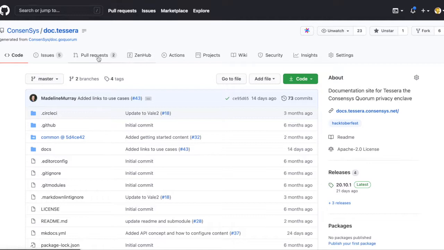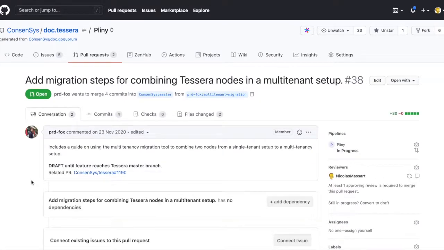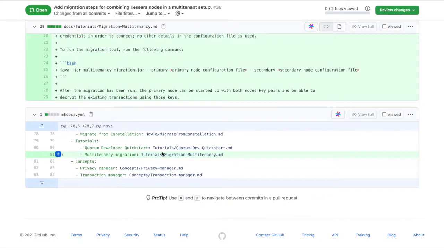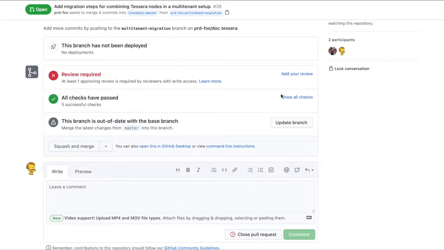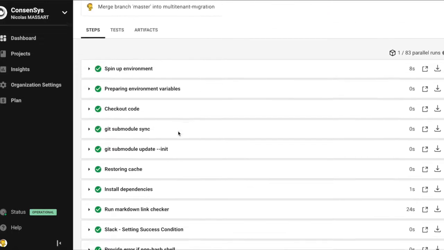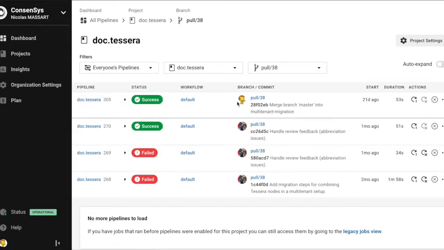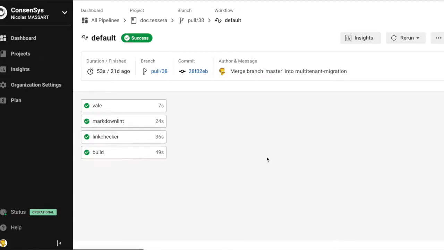Now this is one way to run Markdown Link Check locally, but you can also run it in the CI. So for instance, in your pull request, when you are pushing your content change on GitHub, you can see that when you have all these files and changes, you will be able to have checks running. And the check here passed, hopefully. And there's the Markdown Link Checker. You can see there's also a build with Markdown link, but here we're only going to talk about the link checker. And these links can be checked during your CI, so continuous integration process. Here I'm using Circle CI, but you can use whatever you want. On this pull request 3.8, I have the link checker step,